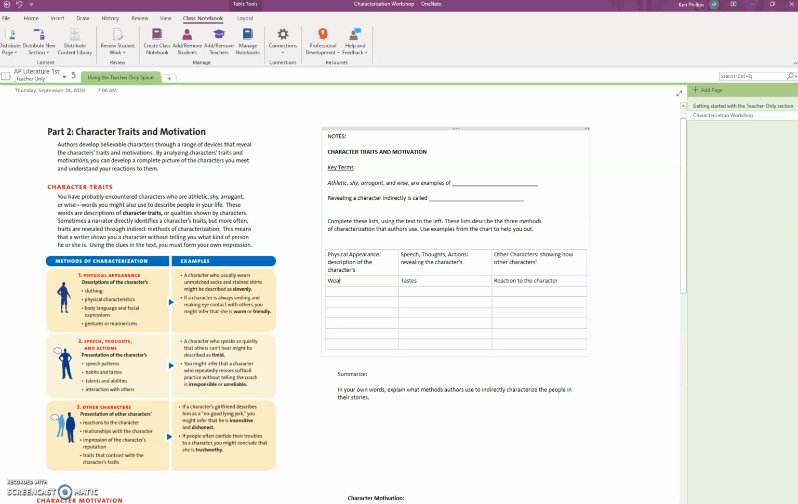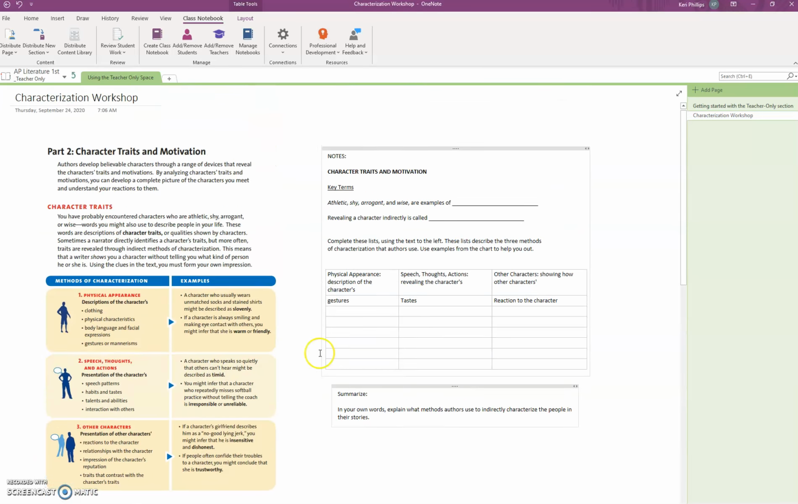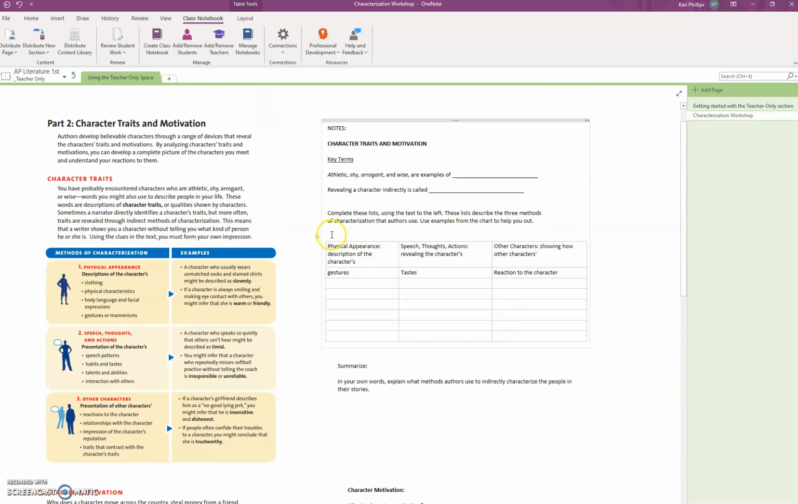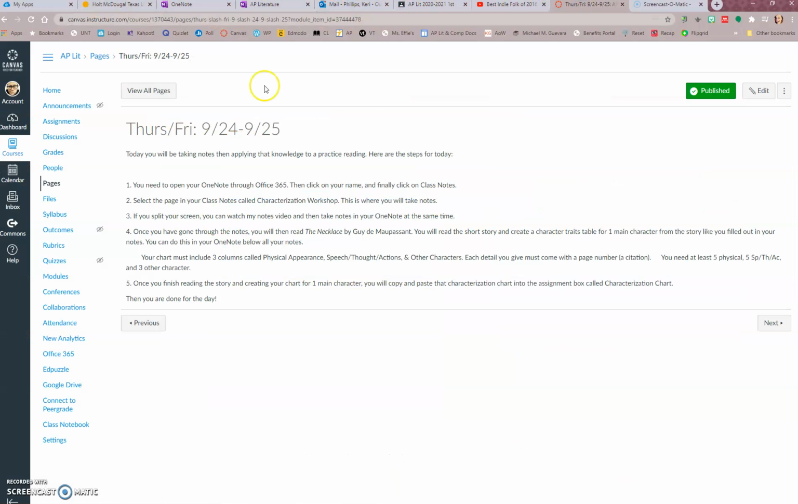So as you go through and collect details, I'm putting the original examples here, you would write down the little detail and then what page number you found it on in this story. And then once you have created your own chart, and you can literally copy and paste this chart down below your notes, and fill it in for a specific character, put the character's name there. Then you are going to go into